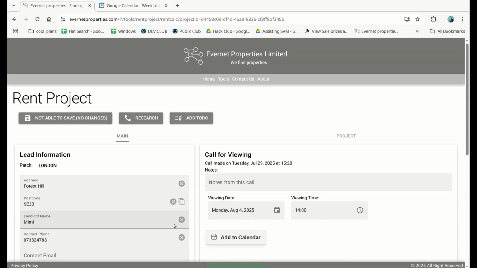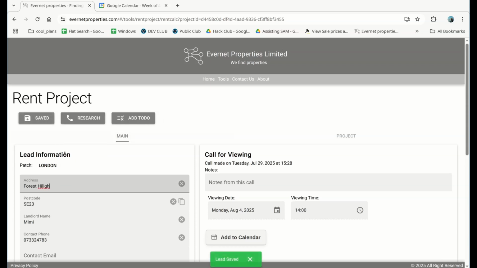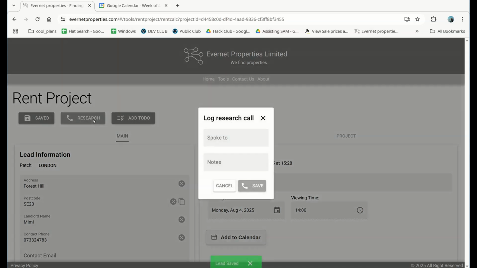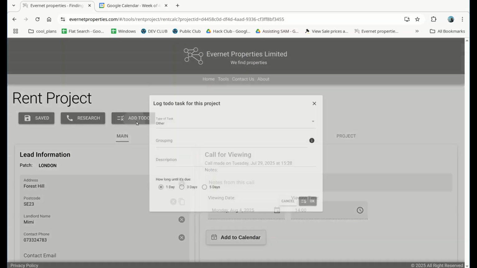If you've used Property Pipeline Builder for the purchase projects, you'll recognise the screens look similar. You've got a few sections to the screen. This top section here with the buttons, they're the action buttons. So we've got save, so we're not able to save at the moment. If I change it, you see it can save. It does auto save though. Let's change that back. You've got research and add to do. So these are actions. So research, I can add some notes for research and add to do in the same